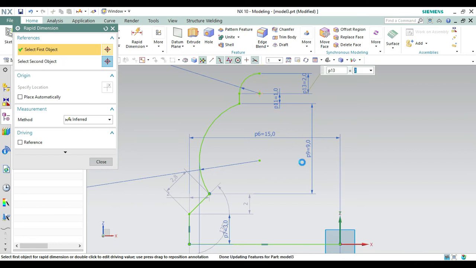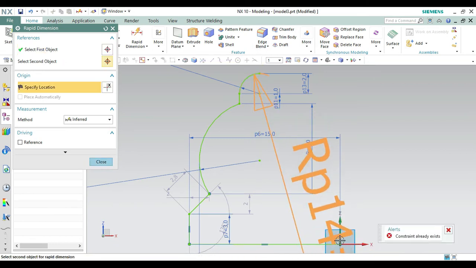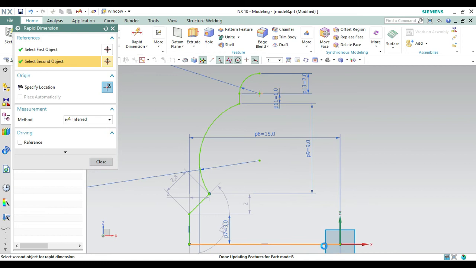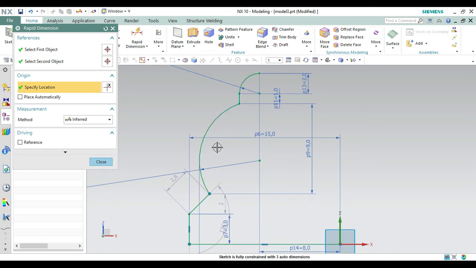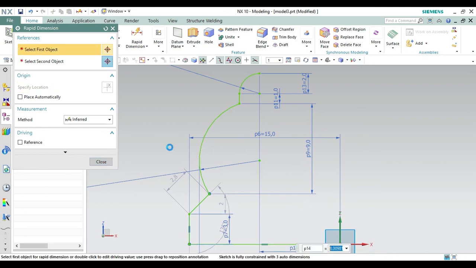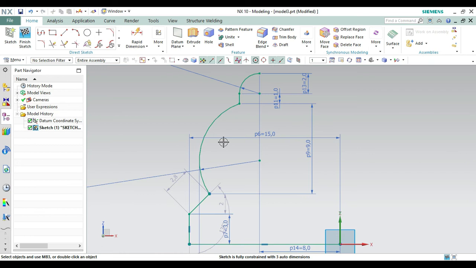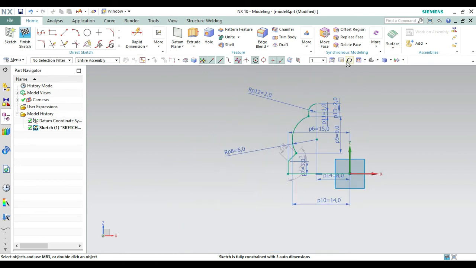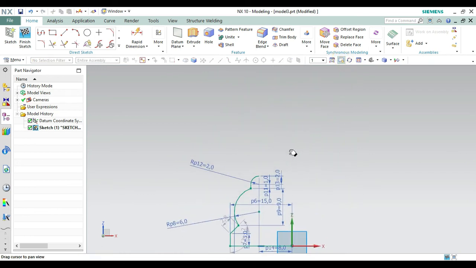Now again let's check it. This distance would be 8. So from here selecting this one and the first point, this distance would be 8. Let's see how much it is. It is 8, so no need to change that. Okay, so let's cancel this command. Now what we have to do is to pan from here like this one, and we have to create an arc again at the starting.